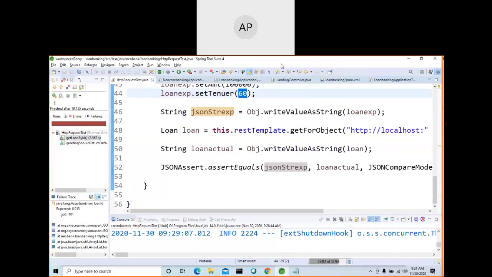So to test your service layer, there is Mockito. There is a framework. In Spring Test also you have a mock framework. Anyway, I will explain that in my next video: how to test your DAO layer, how to test your service layer, how to test only your controller layer. So that's all very important if you want to develop enterprise-based applications.